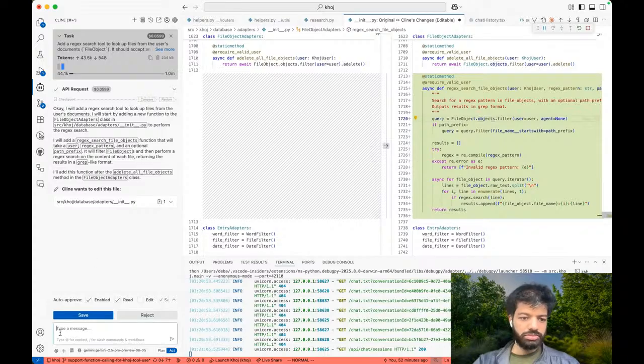used Django. Push down the filter, regex search.